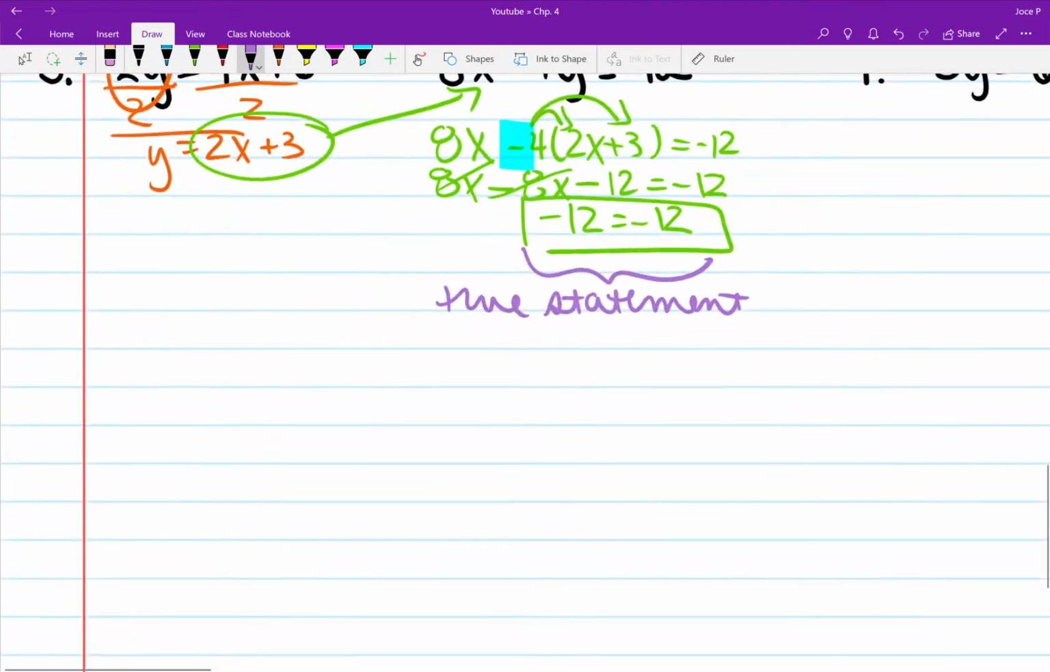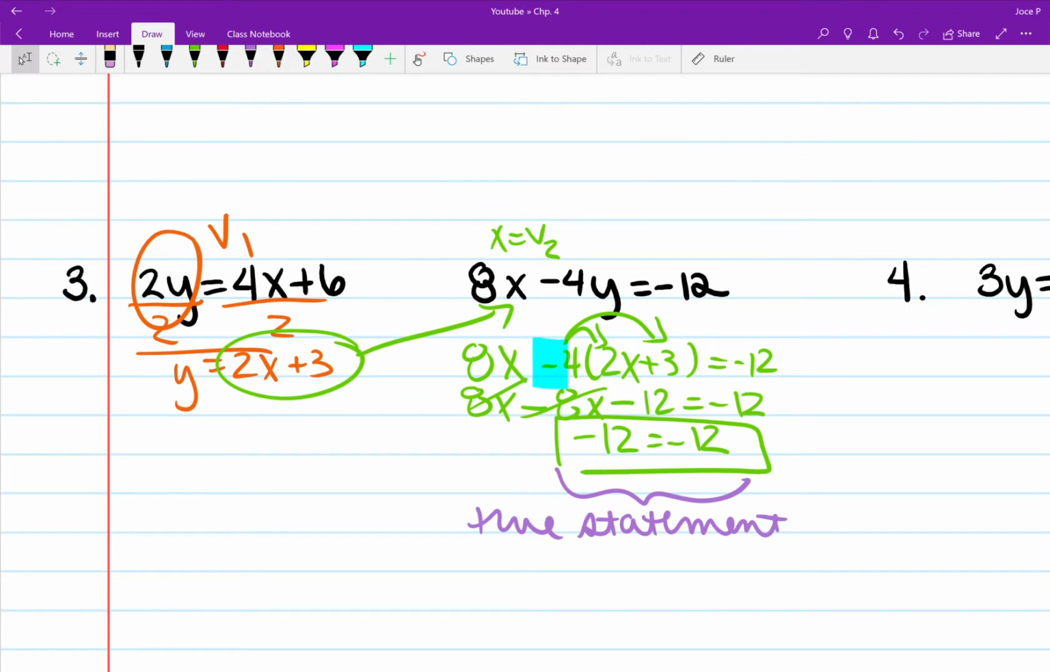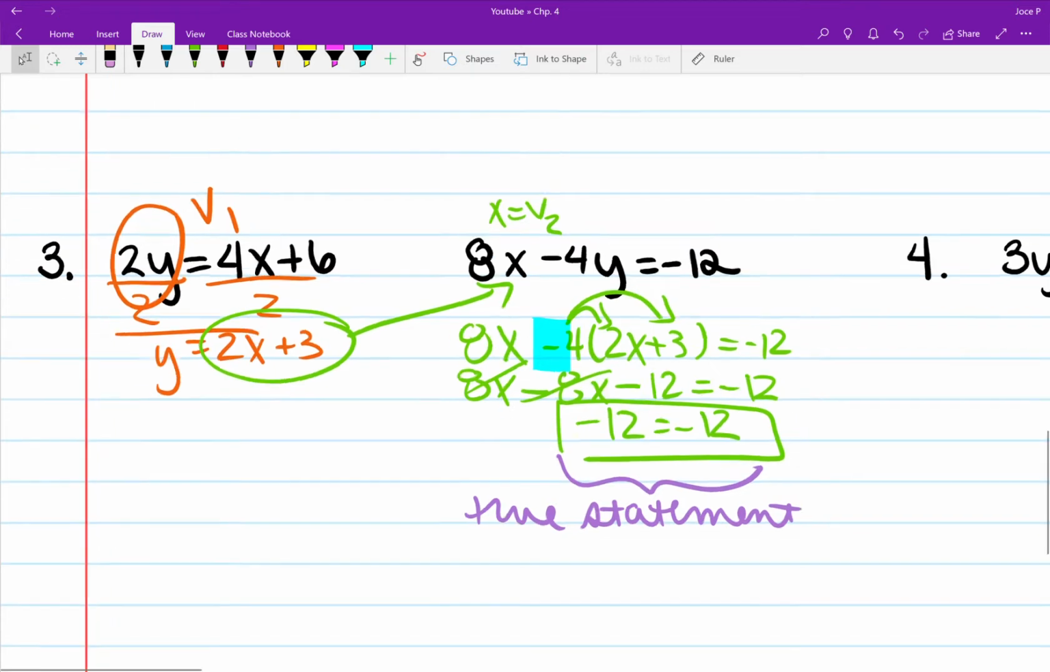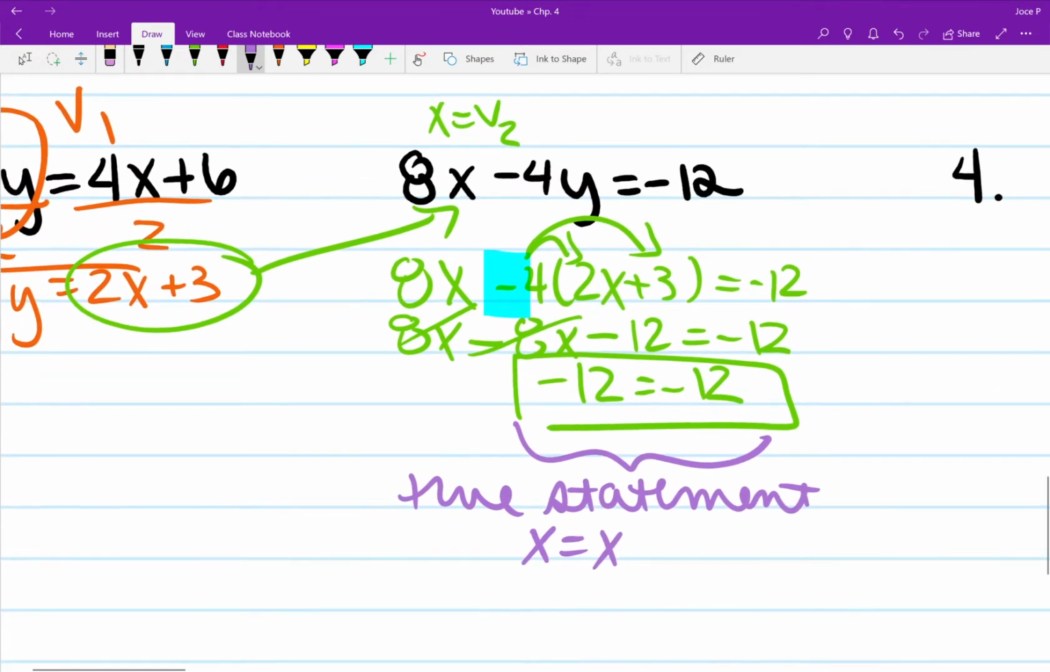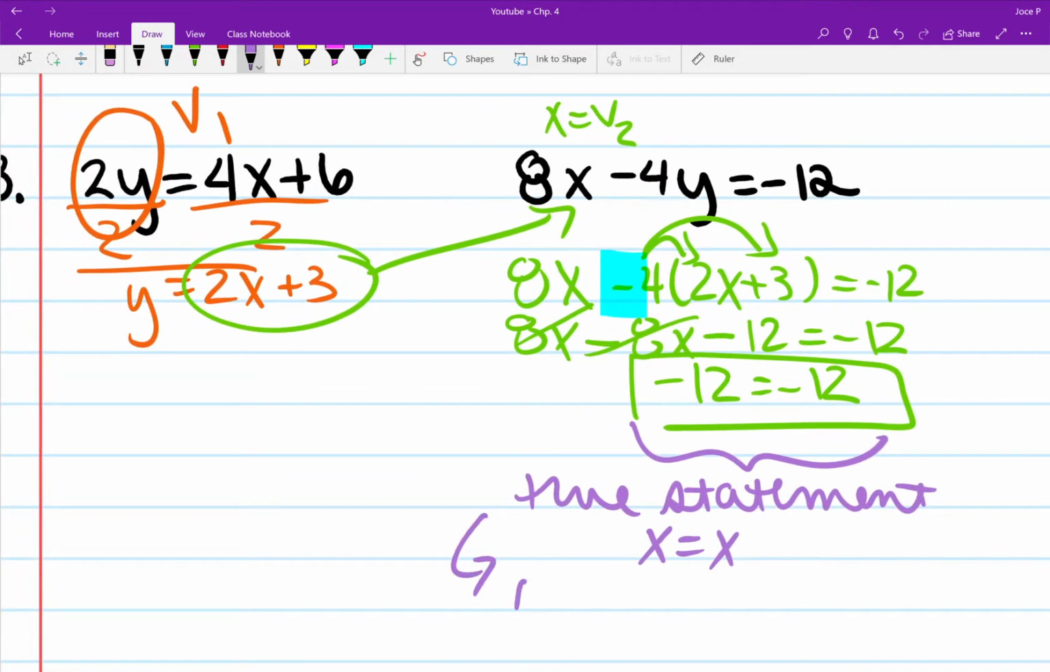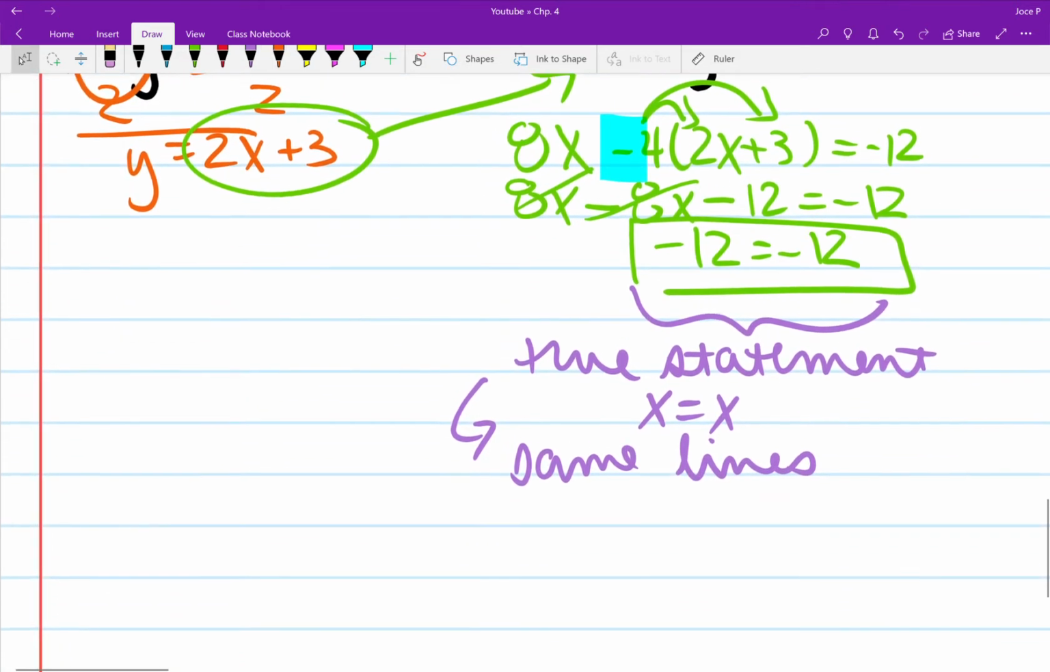This means that you have this statement where all real solutions are possible, where basically these are the same 2 lines. It doesn't necessarily have to be a true statement with 2 constants. It doesn't have to be 6 equals 6 or negative 12 equals negative 12 here. It could be something like x equals x or something along those lines. If you have a true statement, it means that they're the same lines, and the solution is going to be